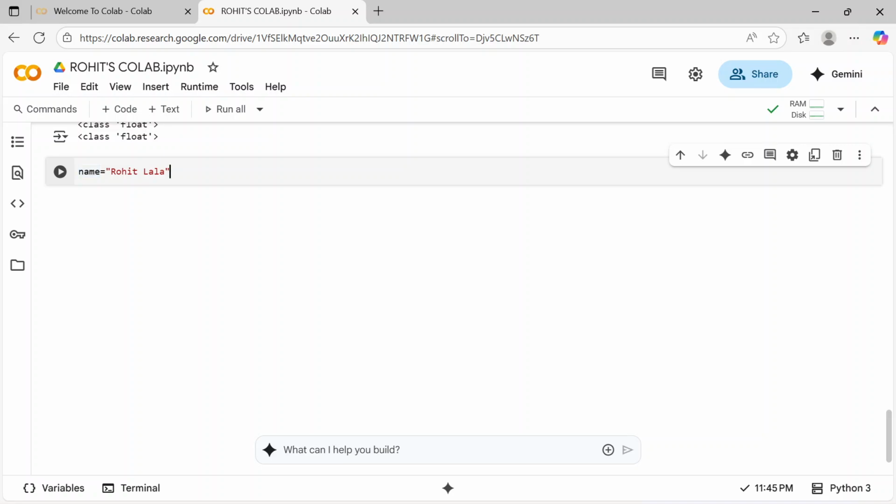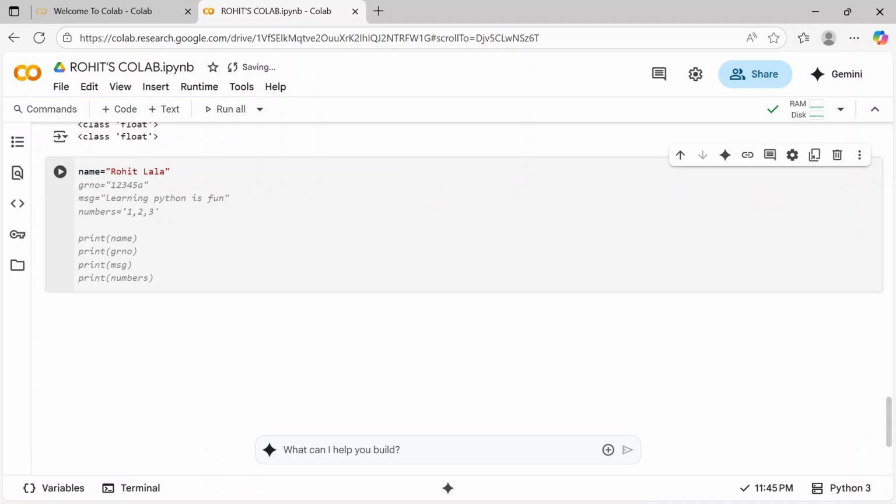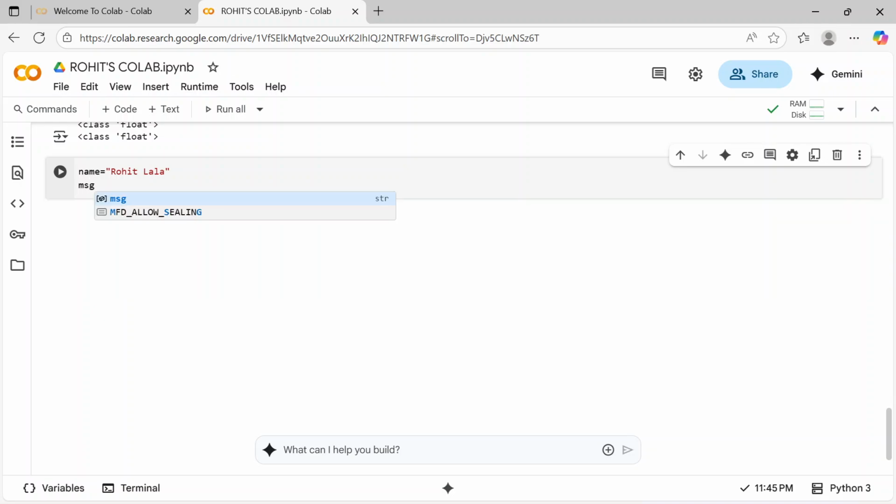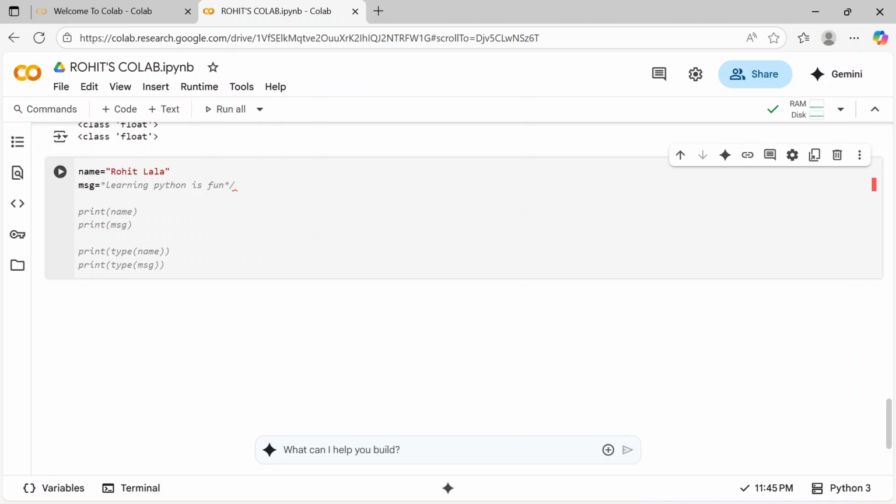Moving towards the second thing, I want to print Python is fun, or I want to write message equal to, in single quotes, Python is fun.